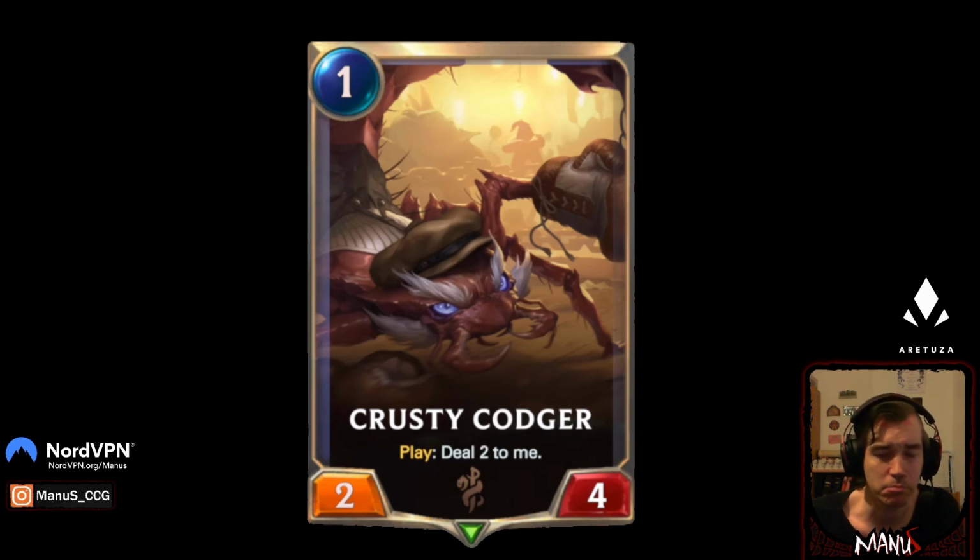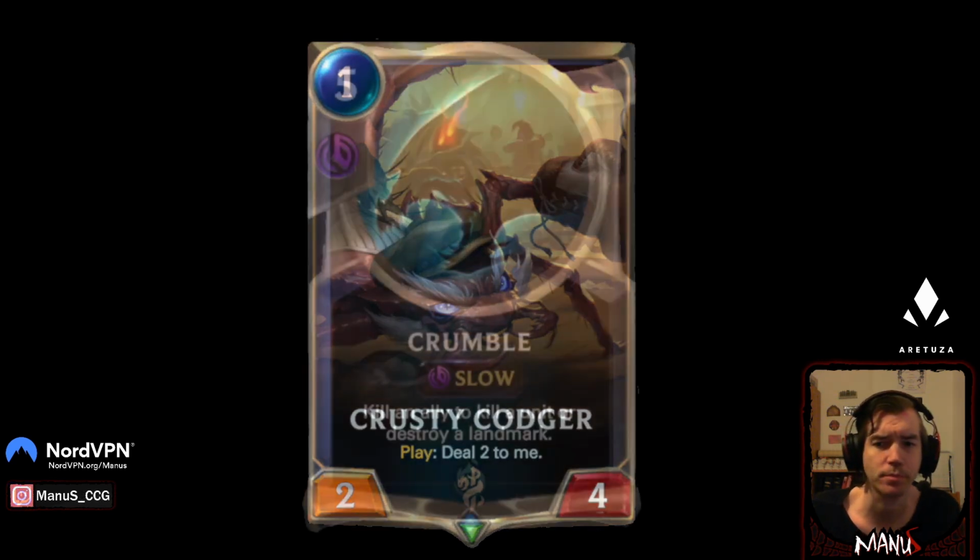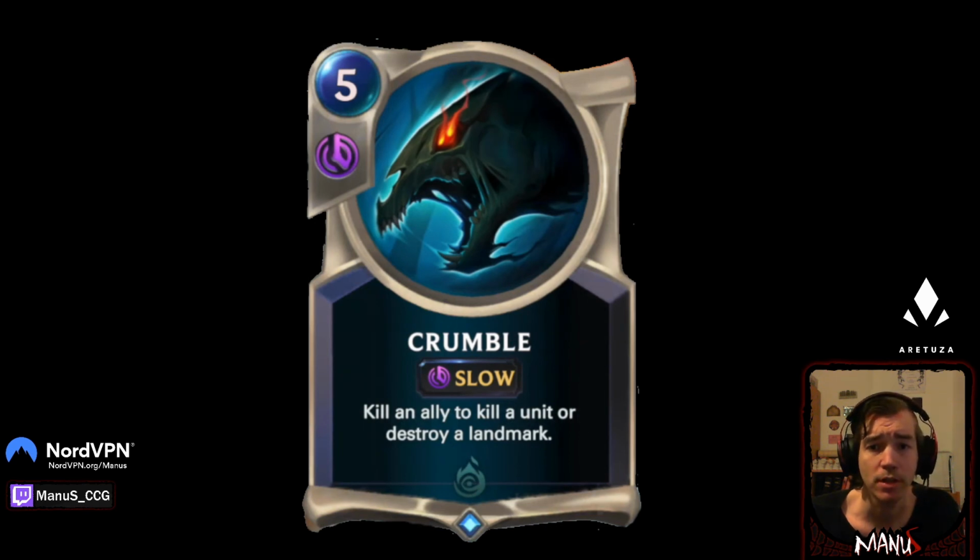Just a solid role player, solid filler. And then we have Crumble, 5 mana slow. You kill an ally to kill a unit or destroy a landmark. So this is much more efficient. There's some stuff you can throw away. It's a Shadow Isles card though, so